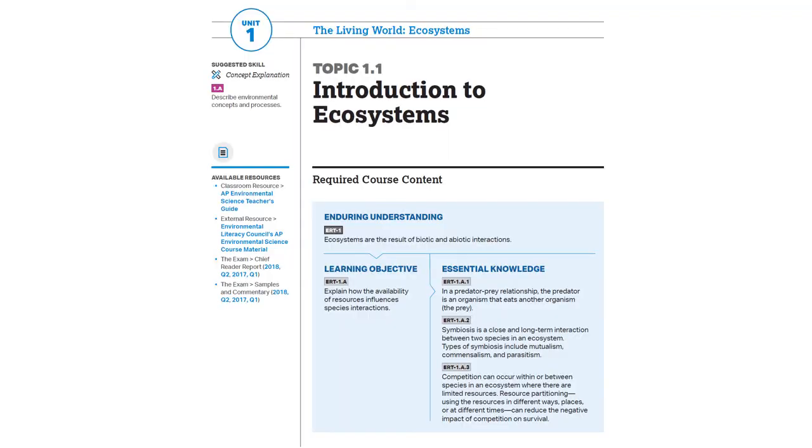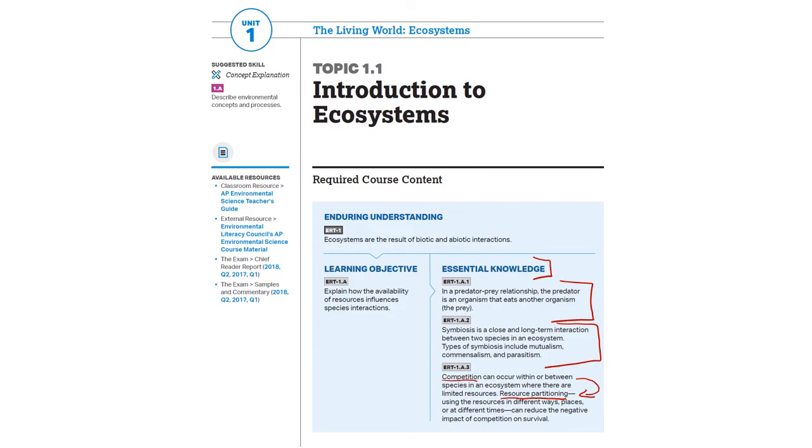So thank you for sticking with me through this rather long review lecture on ecology. I'm just going to run through the essential knowledge real quick. So this first one on ecosystems, we talked about predator-prey relationships, we talked about symbiotic relationships, and we talked about competition and how competition can result in niche partitioning or resource partitioning. Okay, it can also lead to out-competition, extirpation, and in extreme cases, extinction, but the learning objective, they focus on